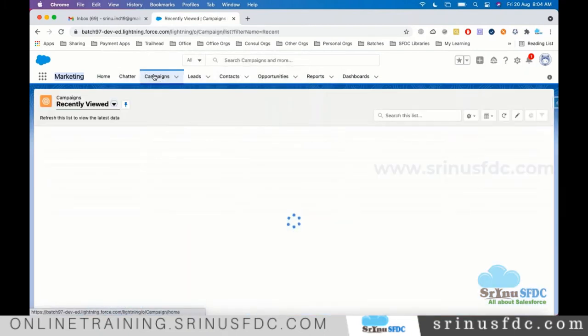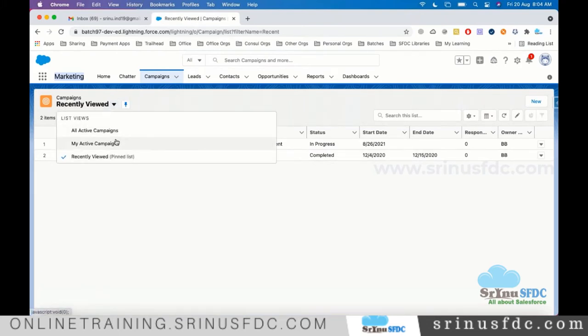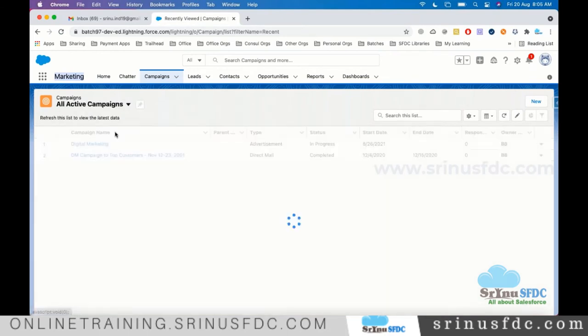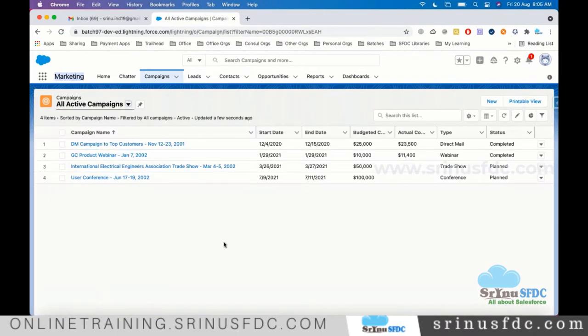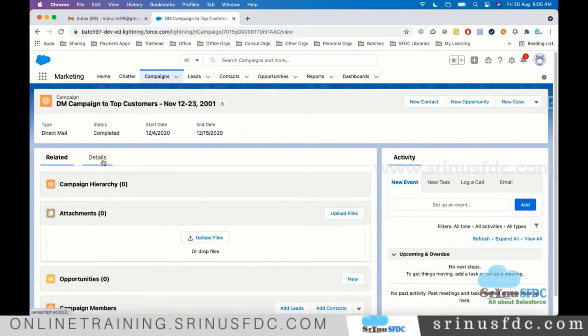If you click on Campaigns, we see the recently viewed campaigns, and we have list views, which control which records you want to see out of the many records in the database. If you see more records, also observe how a campaign is created. This is some test data provided by Salesforce.